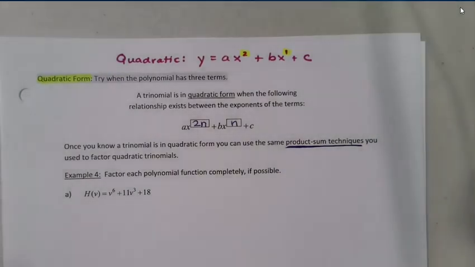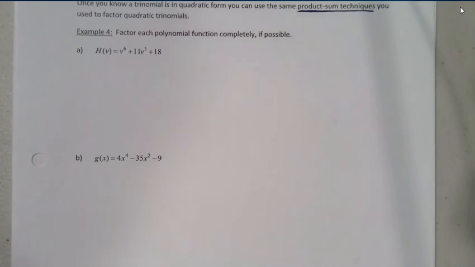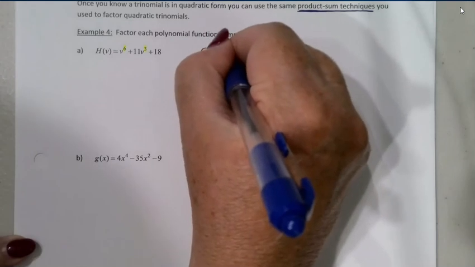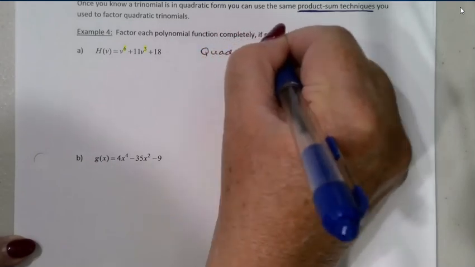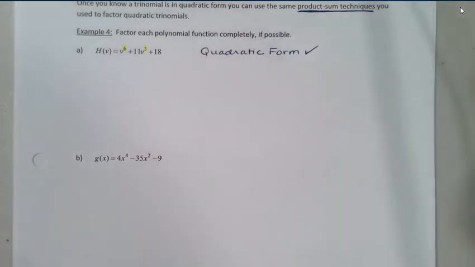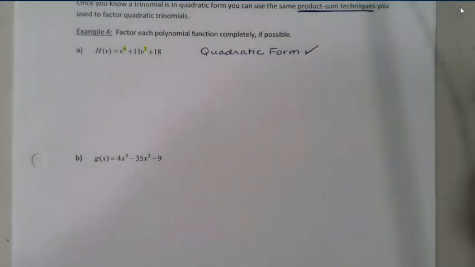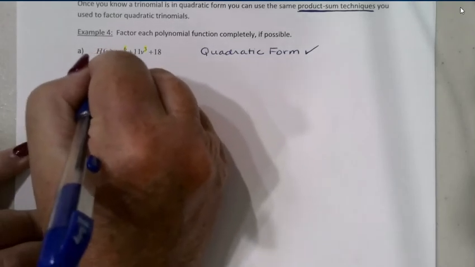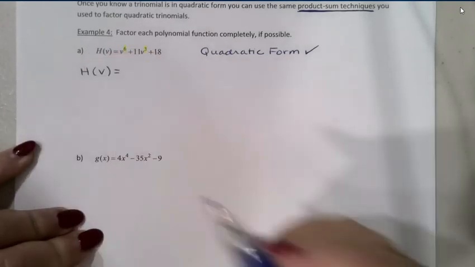All right, so let's give this a try. First of all, let's just verify that we really do have quadratic form. When I look at my exponents, 3 and 6, that looks really good, right? The first exponent of 6 is exactly double the second one. So quadratic form, yes. Don't try to use this technique if it's not quadratic form, but this one is. So I'm going to look at this and say, okay, I can start, because I have a leading coefficient of 1,